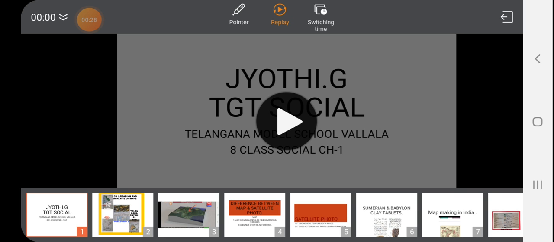An outline map shows only the outline of the world or India or Telangana or the district or the village. The second type of map is the political map. The political map gives us information about the political features, the boundaries, the political divisions of the world and country. An example: India with 28 states and 9 union territories, and the Telangana map with political divisions, 33 districts.